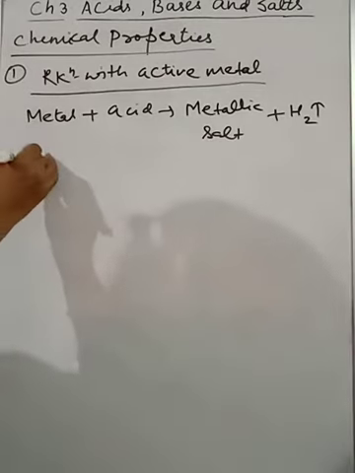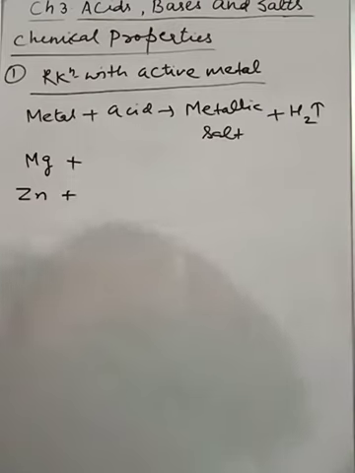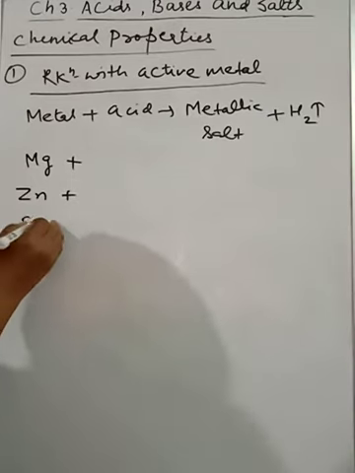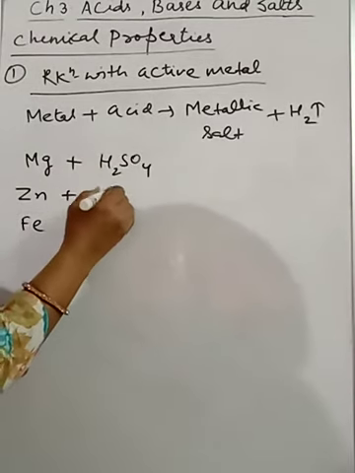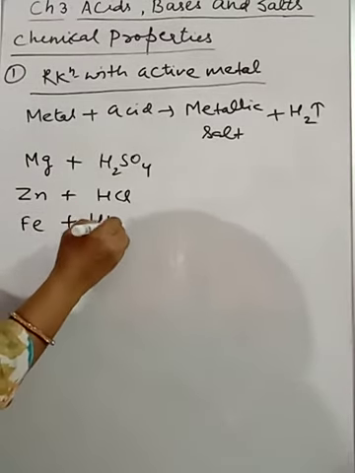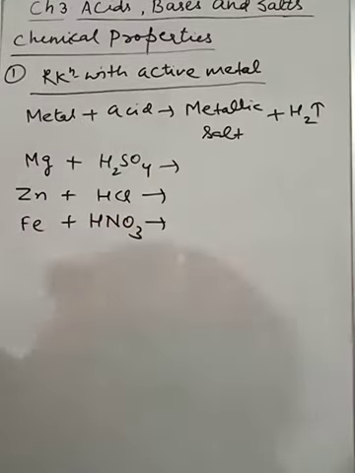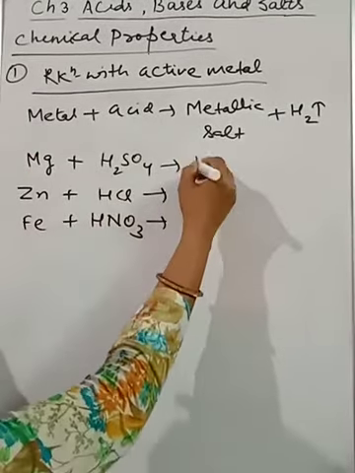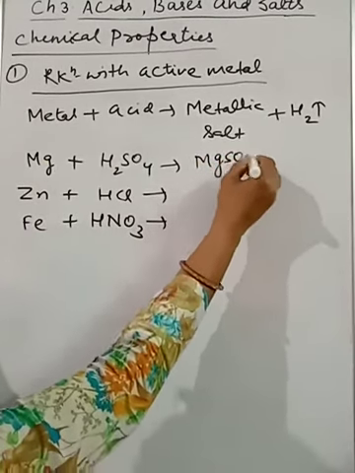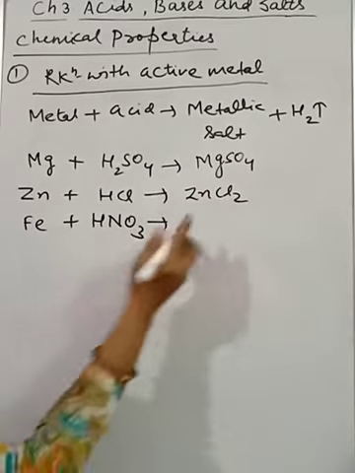When we think about Mg, Zn, you can take the example of iron, and you can take here either H2SO4 or HCl, because HNO3 generally does not give hydrogen gas, being a very strong oxidizing agent converting hydrogen into water. So normally we take metals above hydrogen and we get their concerned salt: MgSO4, here we will get ZnCl2, and there we will get